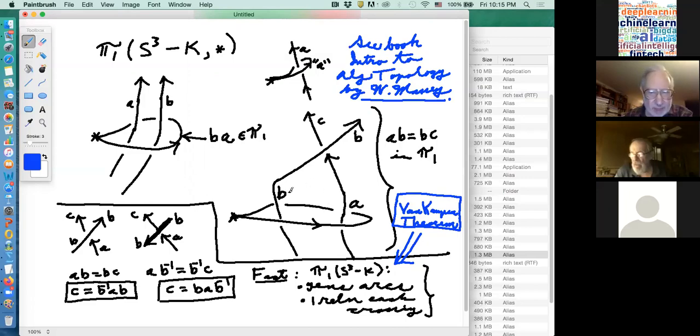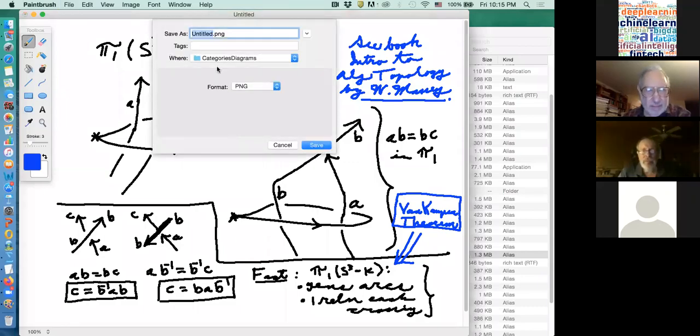But it is necessary to divide the space into some pieces to see that these relations are a complete set of relations. But we're going to take it that the fundamental group is generated by the arcs, by these arc generators here, and there's one relation at each crossing, and these are the relations. So then,